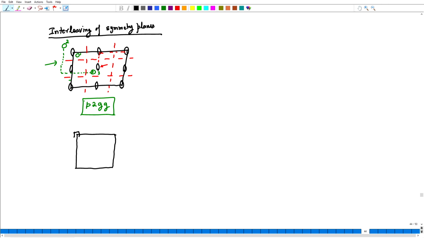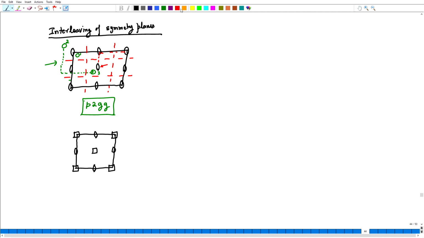So, I have 4-fold rotational symmetries at the corners, and I will have one in the center, and I will have 2 folds in the center of the edges. This time let me try to add a mirror plane in a different way. In the P4MM, the mirror planes are added along the cell edges, and the translation symmetries etc. will take those mirror planes everywhere else. But here, how can I add, again kind of interleaving between the axes?